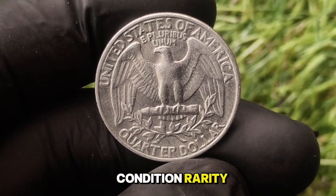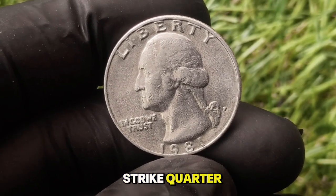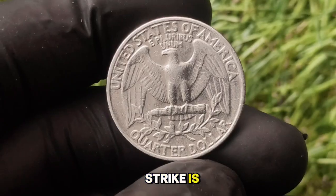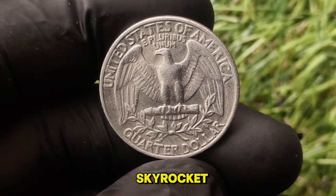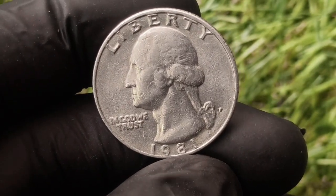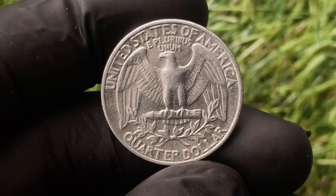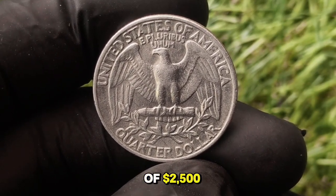on their condition and rarity. One of the most valuable and talked about varieties is the 1981 off-center strike quarter. This happens when the blank planchet isn't properly centered between the dies during striking. Depending on how off-center the strike is, whether it's 5%, 25%, or more than 50%, the value can skyrocket. A minor off-center strike might fetch $100 to $300. But if the date and mint mark are still visible and the strike is significantly off-center, collectors have paid over $1,000 for these coins. In some cases, dramatic off-center errors in near mint condition have reached values of $2,500 or